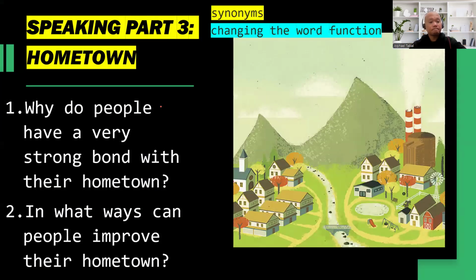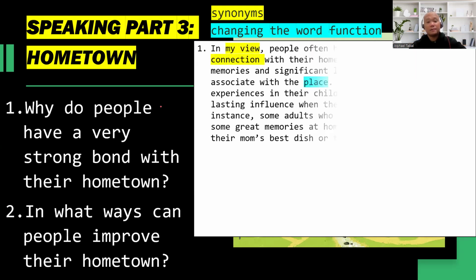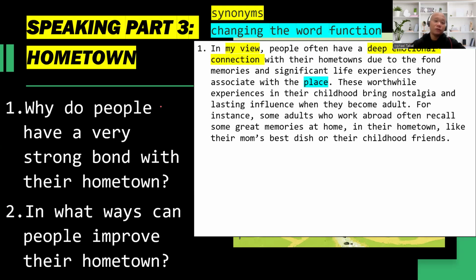Okay. Now here's an example question: why do people have a very strong bond with their hometown? So the type of question here is giving reasons. And question number two: in what ways can people improve their hometown? The type of question here is also giving reasons. Okay. Now here's a model answer where we check